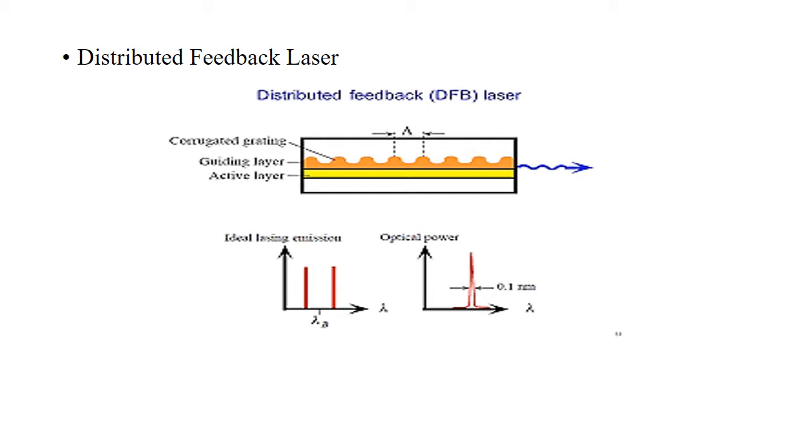Next, the types. The first one is the distributed feedback laser. In this, the grating for the wavelength selector is formed over the entire active region. In an ideal distributed feedback laser, the longitudinal modes are spaced symmetrically around lambda B at the wavelengths given by lambda equals lambda B plus or minus lambda B squared by 2 Ne Le into (m plus 1 by 2), where m is the mode order, that is m equals 0, 1, 2 etc., and Le is the effective grating length.